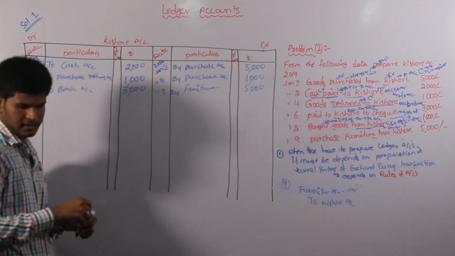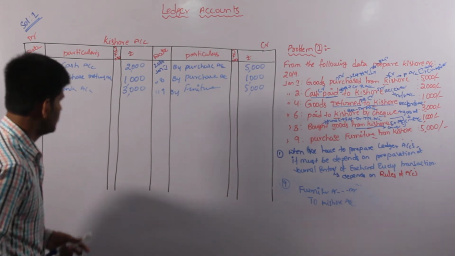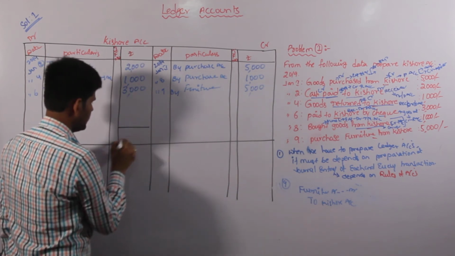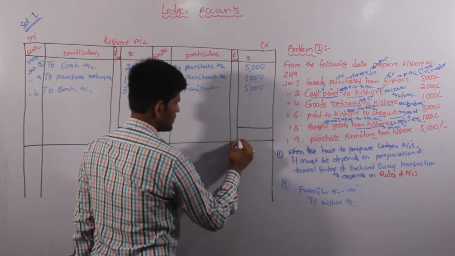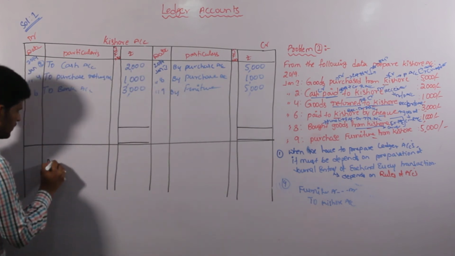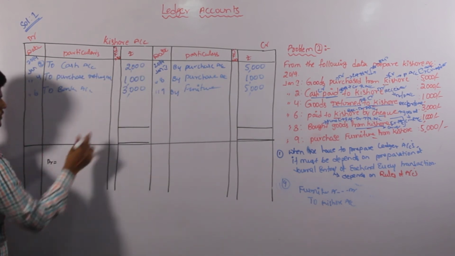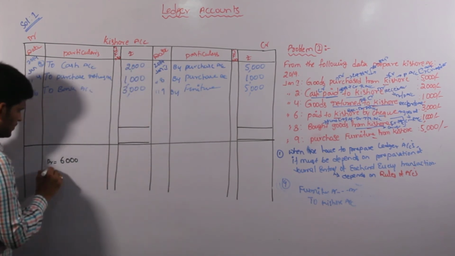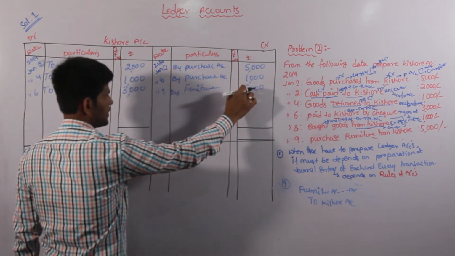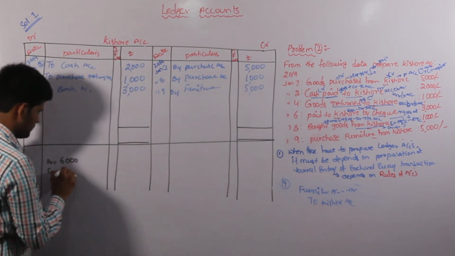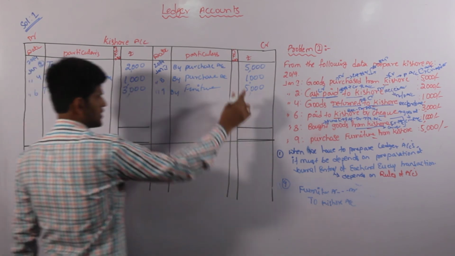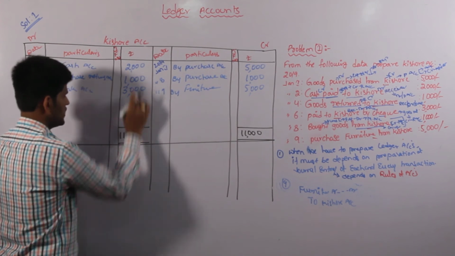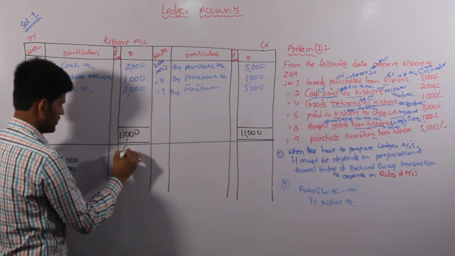Now we have to finalize the values. Underline the total proforma. Draw two parallel lines under these total symbols. Debit value is equal to 6000: 3 plus 2 is 5, 5 plus 1 is 6. Credit values: 5 plus 5 is 10, 10 plus 1 is 11,000. So the excess value is here. This value is also converted here. The least value goes downside of the total, that is 6,000.